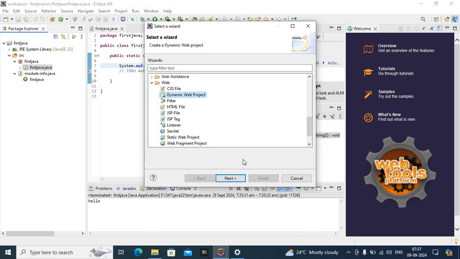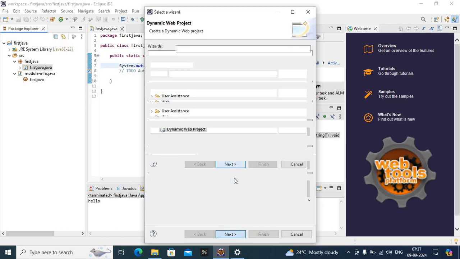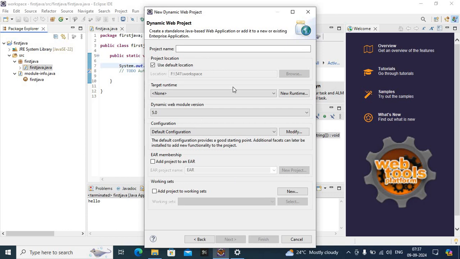Select this Dynamic Web Project. Next. Previously for Java we selected JDK, but here we have to select Apache. Okay. First